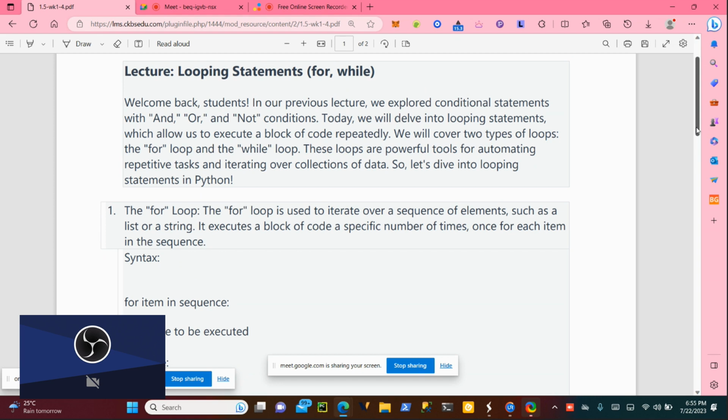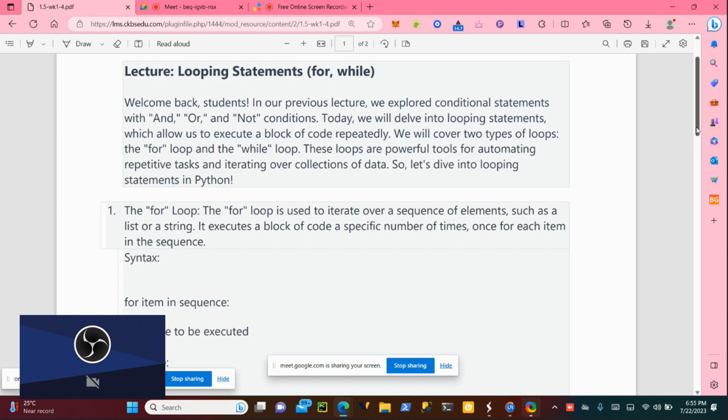Okay. So in our previous class we explored conditional statements with and, or, and not conditions. The term for those is the logical operation. So we've added the conditional statements and then the logical operation. Today we will delve into looping statements, which allow us to execute a block of code repeatedly.